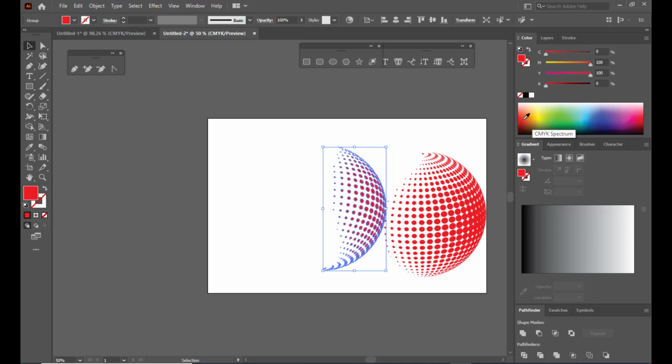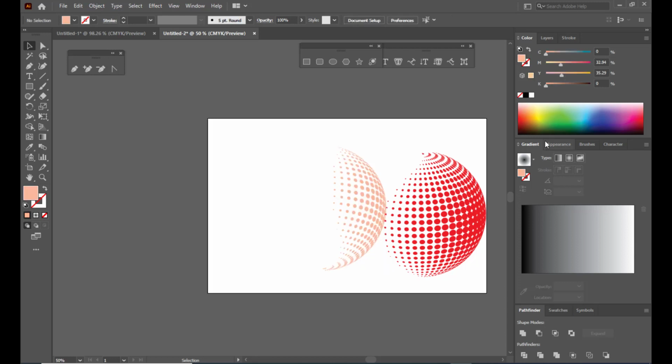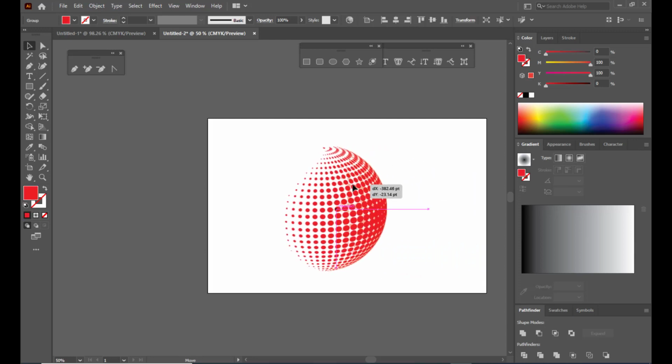So we can just give it a light red color. So the inner shape has light red color and the outer shape has dark red color. So something like this. Right. So now we got a proper shape,